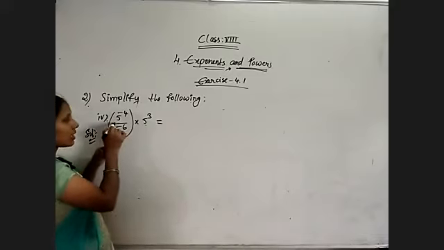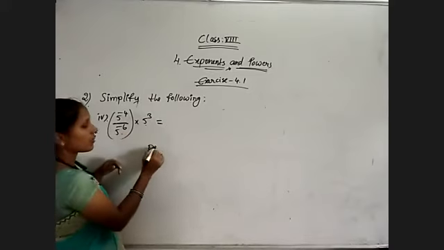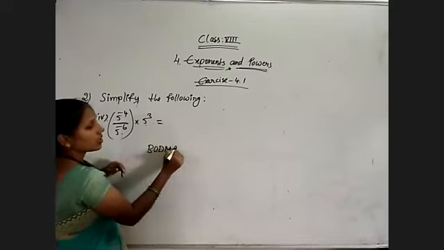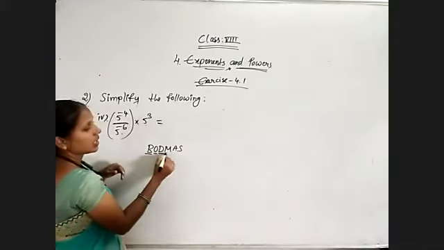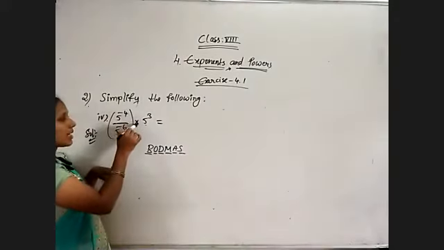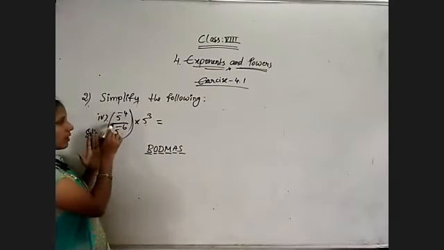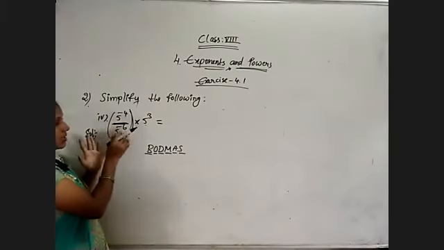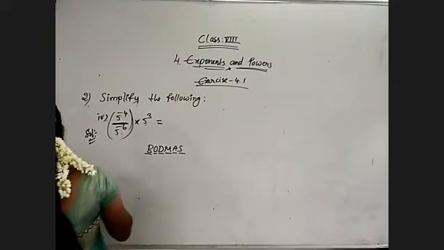Actually, according to the BODMAS rule, which one do we have to simplify when we get more than one operation? Observe here: brackets, of, division, multiplication, addition, subtraction. So here we have multiplication, division, and even brackets also. First of all, we need to simplify the division operation which is in the brackets. That one we need to finish.